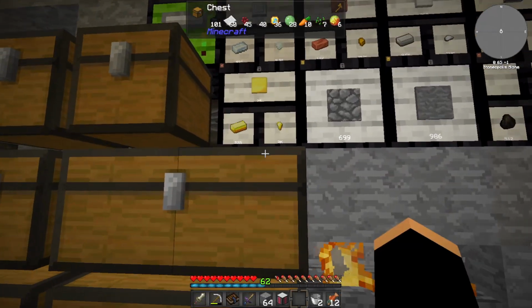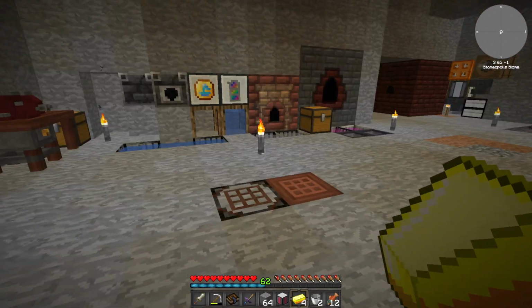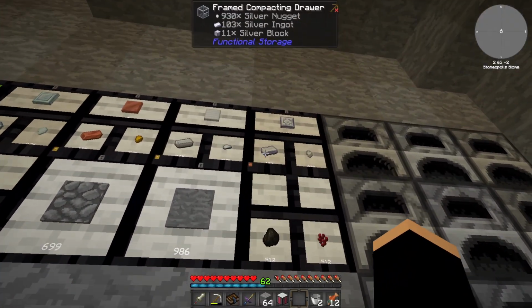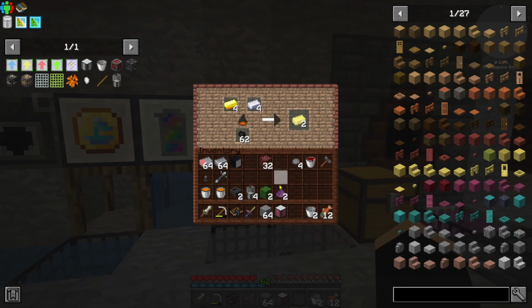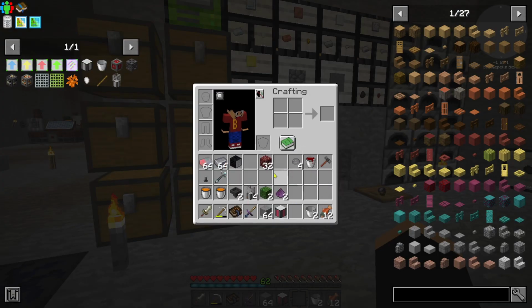That's just gold and silver. And I believe it makes 2 per block. So we want another one, because you can't make electrum block with only 8 ingots. I'm sure it's 2. Yeah, it is. I thought we'd made some electrum. Obviously not. So we'll use an electrum speed block for this, and we can put that...